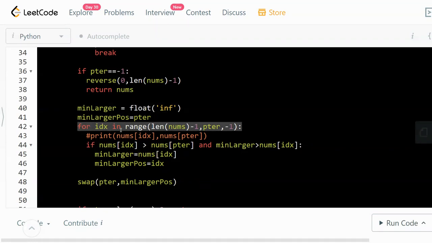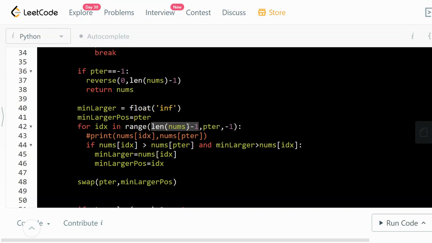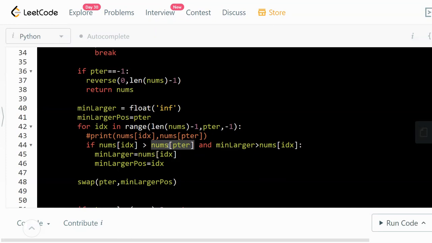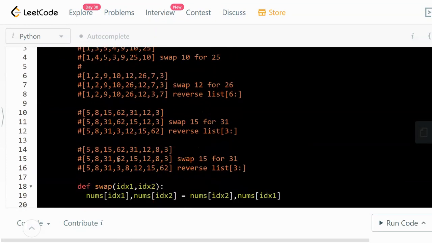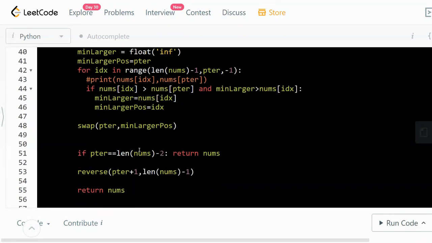So we look through all the possible numbers on the right, from the last index to the pointer, so everything on the right of the pointer, and we move backward, and then we compare, right? So if the number that we're looking at is greater than the number at the pointer, in this case it is the 15, right? If that number is greater than this, in this case 62 and 31 once again, and if that is greater than that,